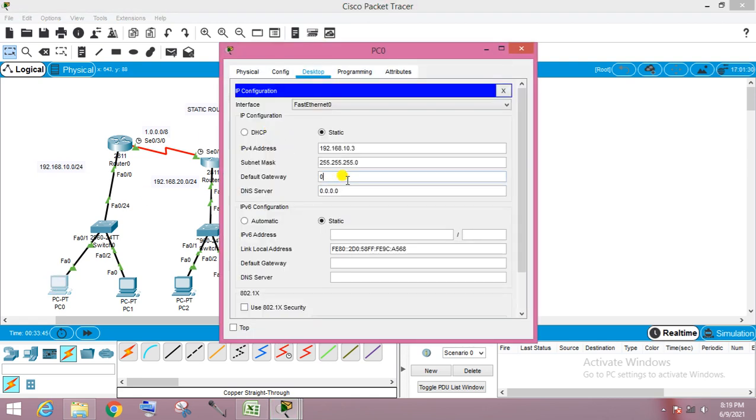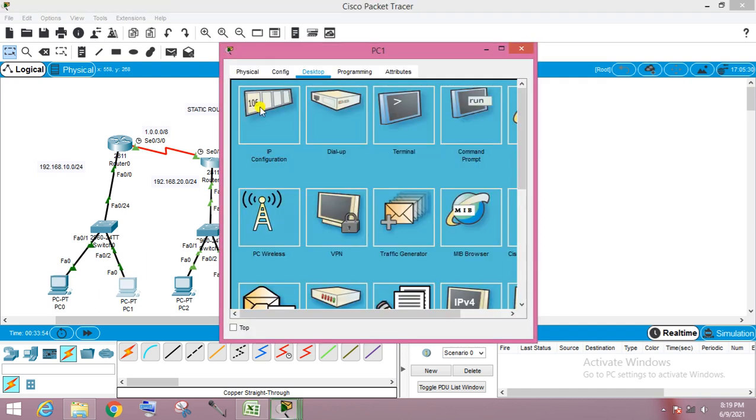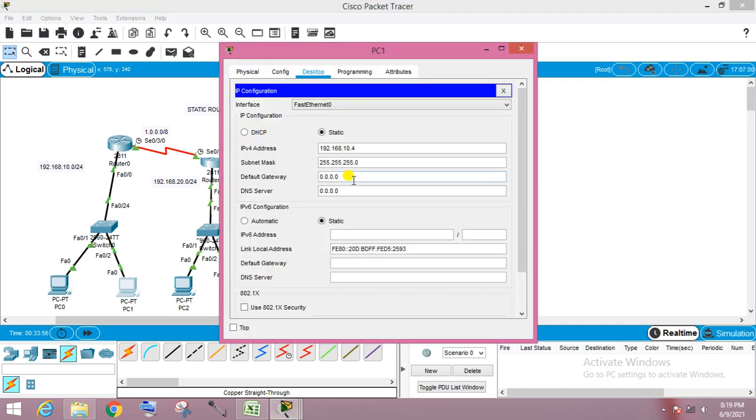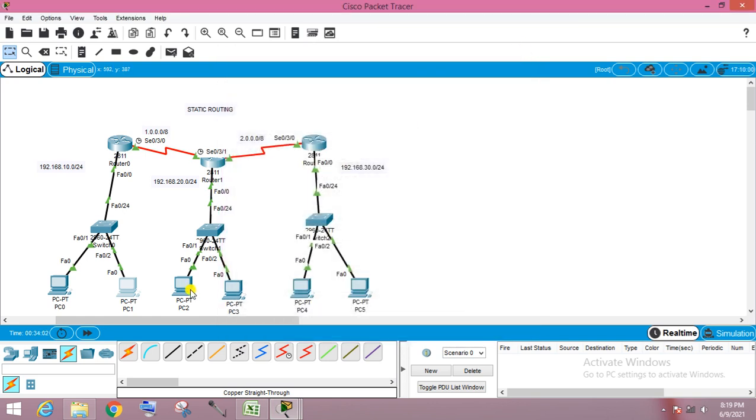Okay? 192.168.10.1. So the default gateway is very important. This is for troubleshooting. 192.168.10.1. Okay?